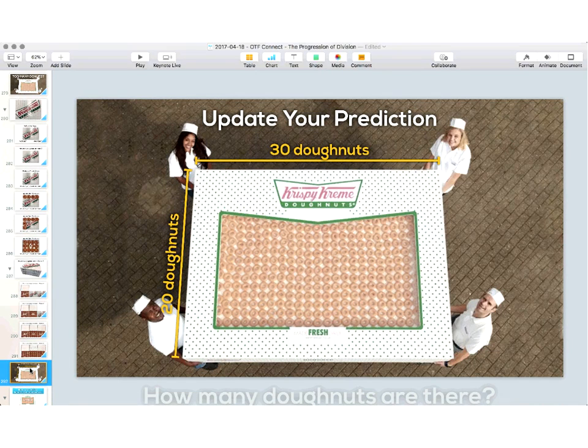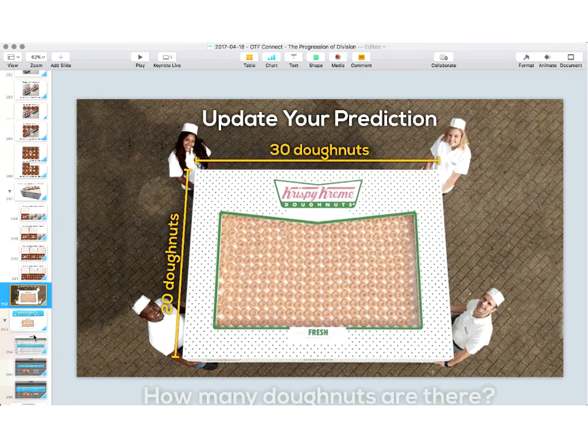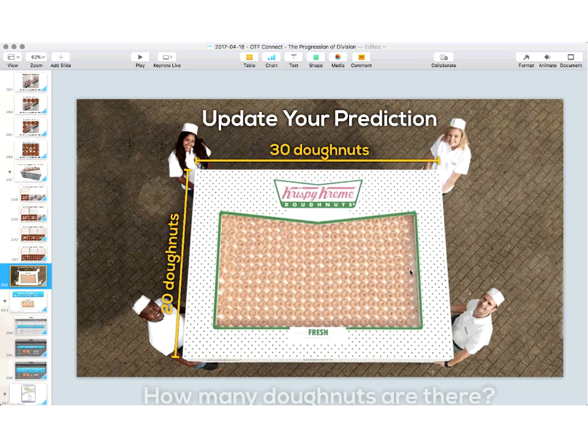I'll share out the link to this task at the end of the webinar. And then there's also some extensions to this task as well. So how many calories in the entire box, how long would it take you to jog, all kinds of stuff that are related. So if you're into proportional reasoning, getting into grade 6, 7, and 8, this task could be a really cool way to start some of those bigger ideas.